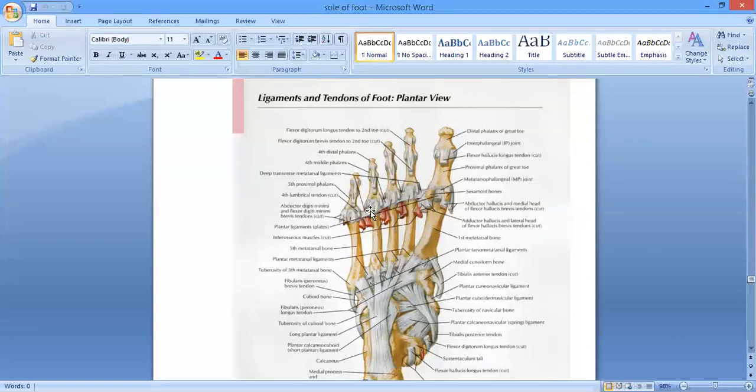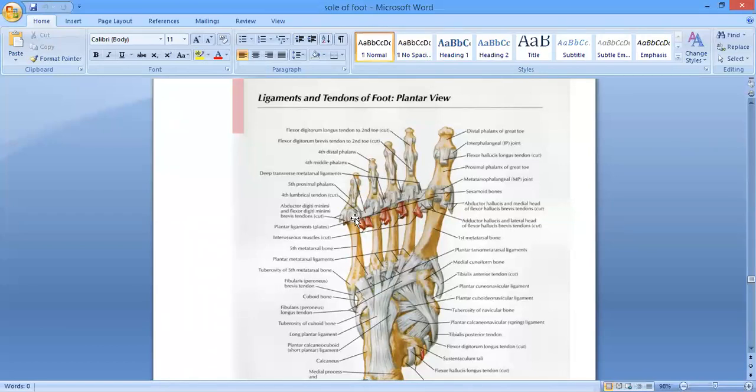ठीक है जी. और इसका जो transverse head आ रहा है, this transverse head is coming from the, you can see this, ये कौन सा स्ट्रक्चर है जी, हम पढ़ चुके हैं इसके बारे में. This one, this band like structure. Transverse ligament. जी शाबाश, that is a deep transverse metatarsal ligament. ठीक है. So it is getting origin from these deep transverse metatarsal ligaments. और उसके ऊपर आपने ये देखिए, ये जो आपको मैंने बताया था, the plantar ligaments of the metatarsophalangeal joints. So it's also getting origin from the plantar ligaments of the metatarsophalangeal joints of the third, fourth and the fifth metatarsophalangeal joint. ठीक है जी.